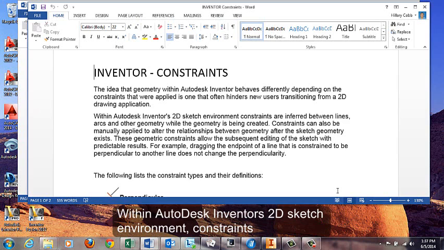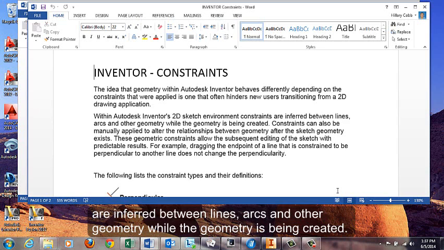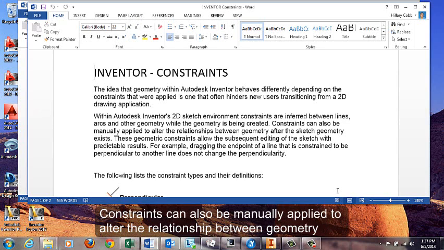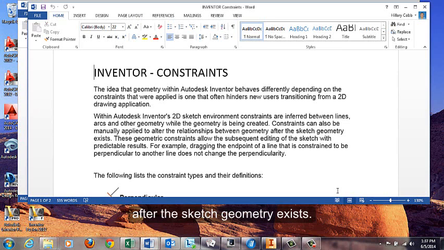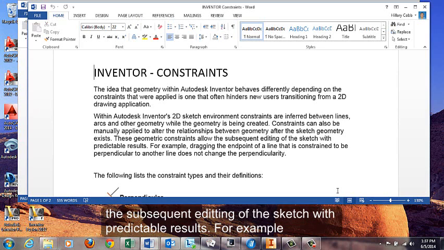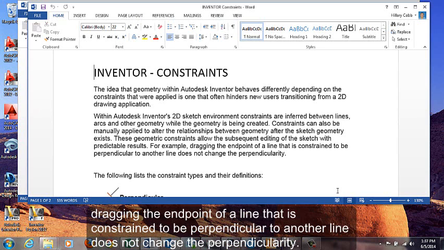Within Autodesk Inventor's 2D sketch environment, constraints are inferred between lines, arcs, and other geometry while the geometry is being created. Constraints can also be manually applied to alter the relationship between geometry after the sketch geometry exists. These geometric constraints allow the subsequent editing of the sketch with predictable results. For example, dragging the endpoint of a line that is constrained to be perpendicular to another line does not change